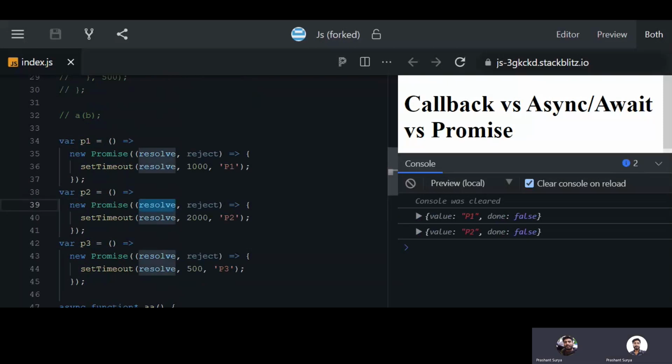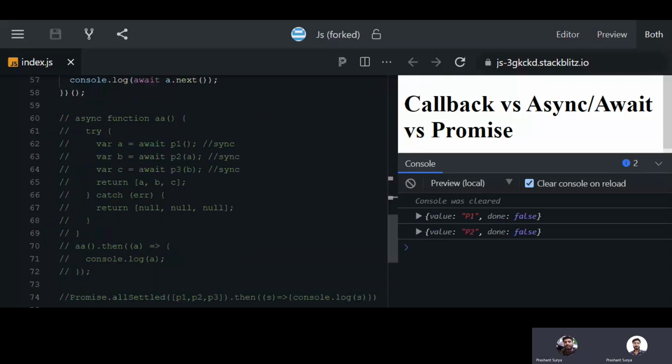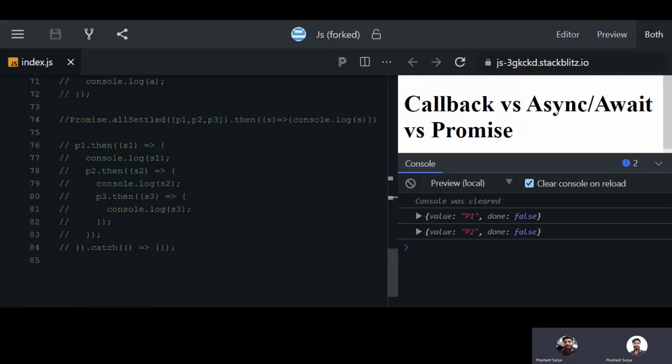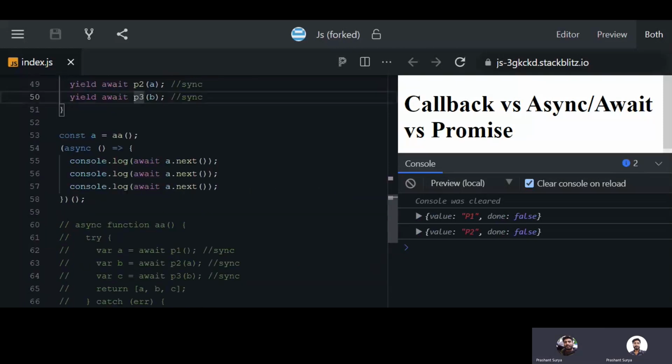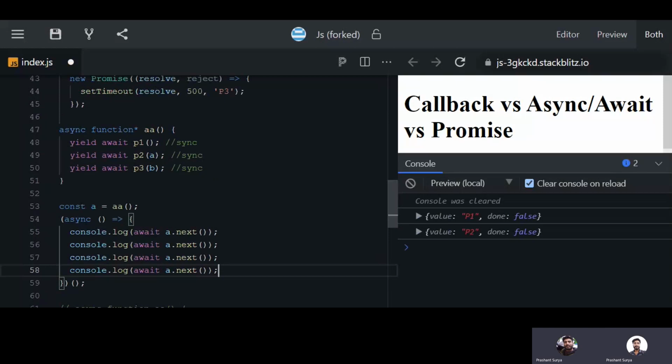P1, P2, P3, all are resolved. Here we are using P1, P2, P3, okay. And last scenario what we will do, we'll call one more time to see what will happen. We are not getting P3,